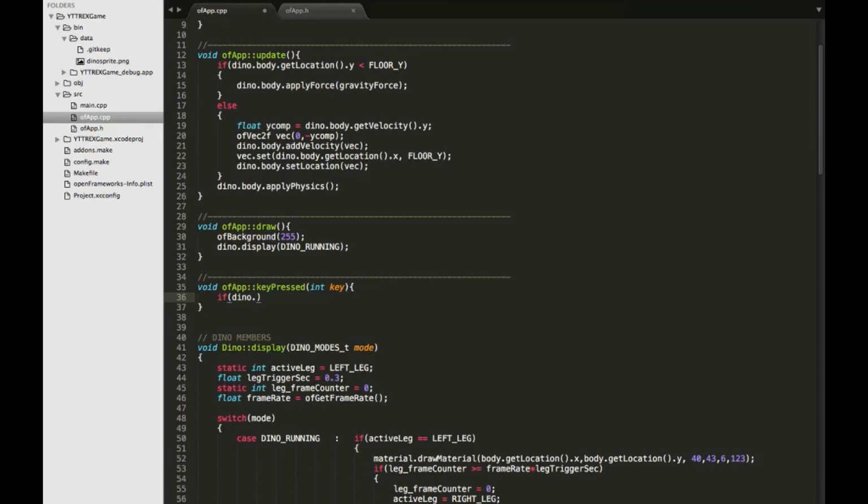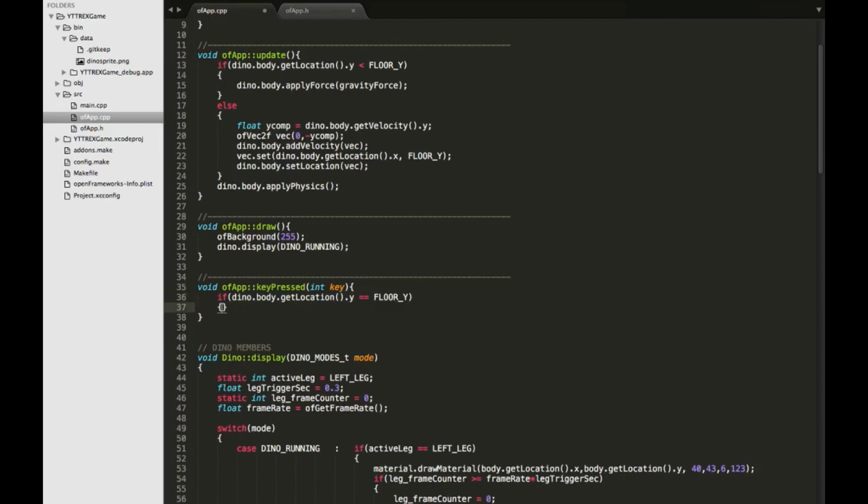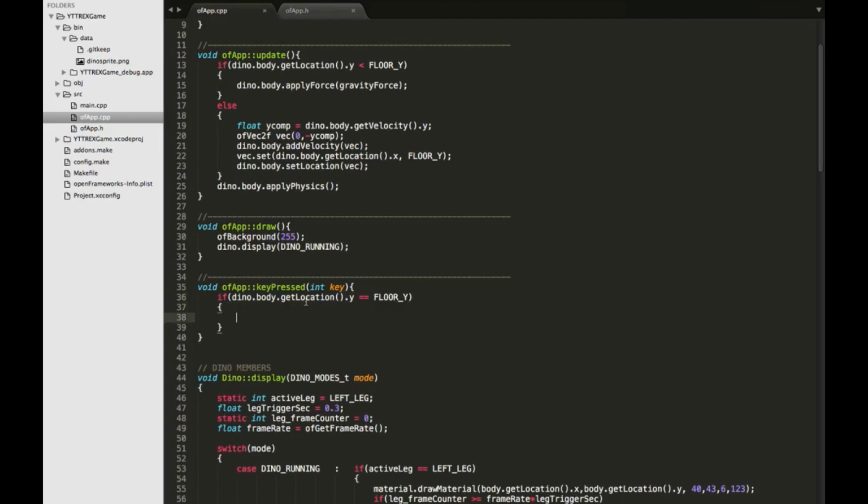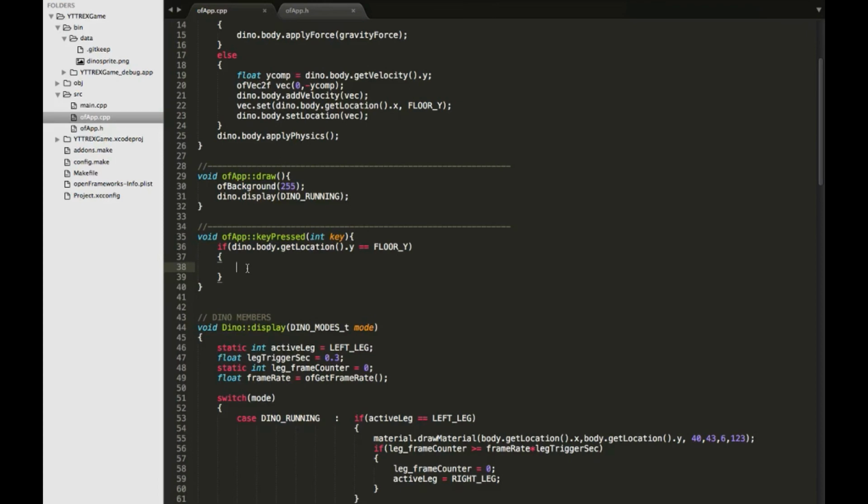Dino's body and get its current location's Y component. If it's at the floor,